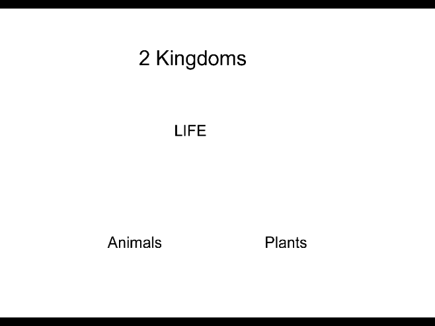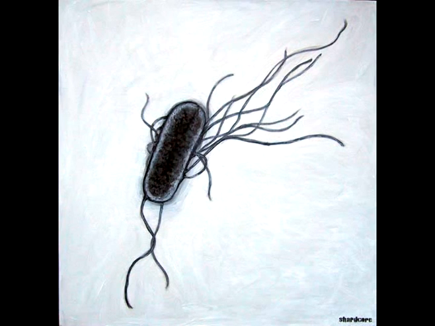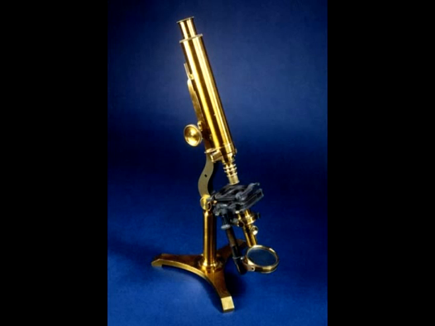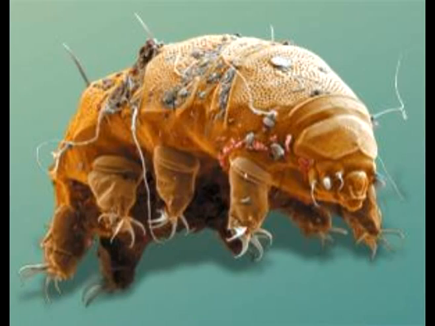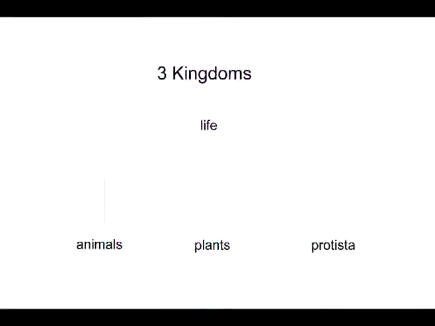This is known as the two-kingdom system, as in the animal kingdom and the plant kingdom. Before the development of genetics, living things were allocated to groups based on the similarity of their structures, appearance and behaviour. Sometime later, scientists using microscopes were discovering more and more small life forms that were often not obviously either animal or plant, and so it was decided to give these their own kingdom, known as Protista, so that by the mid-19th century we had a three-kingdom system.